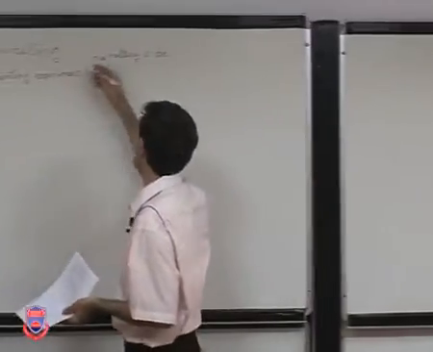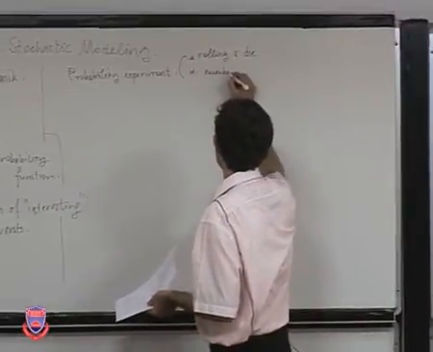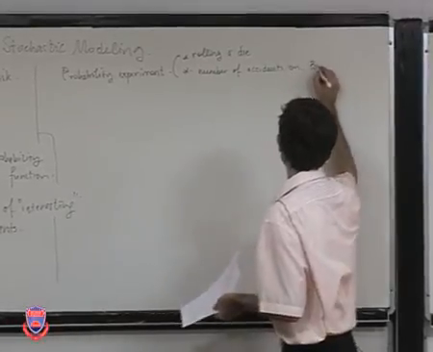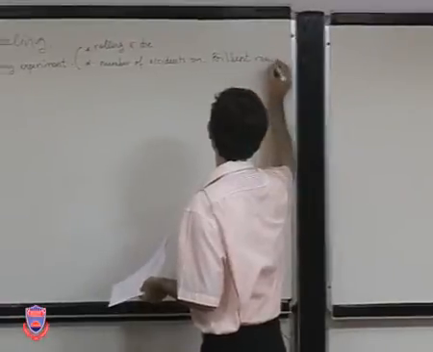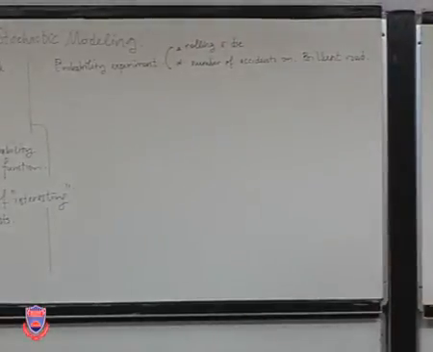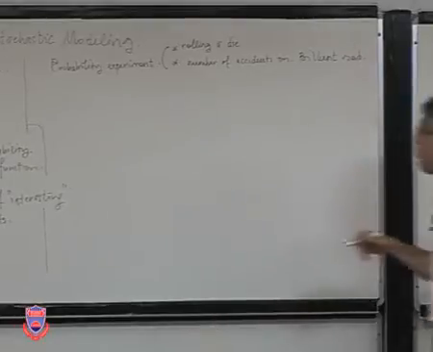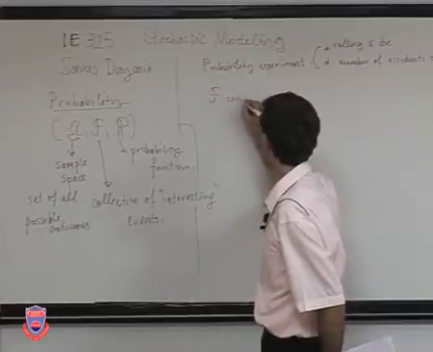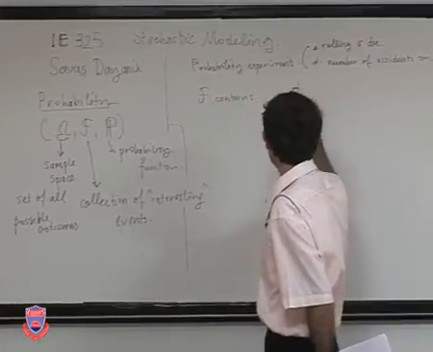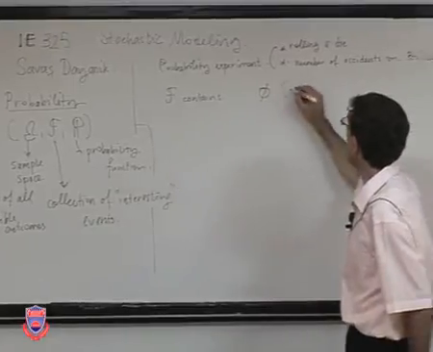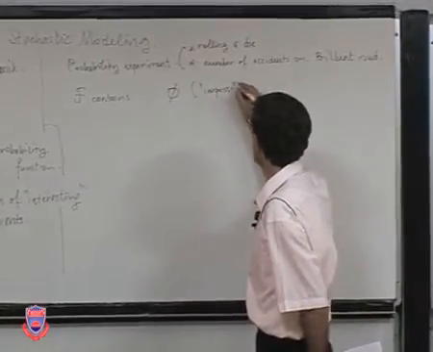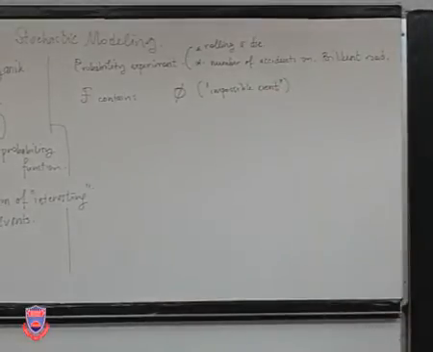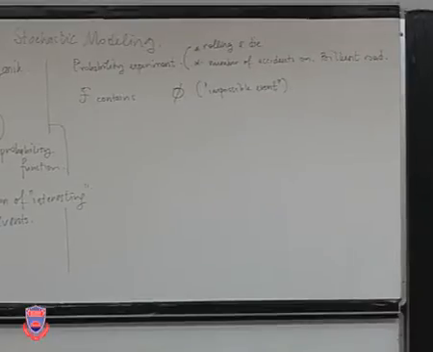Things like that. So an experiment could be, as I said, the number of accidents on Bilkent roads, or the road that connects Bilkent to Ankara, for example. So examples for interesting events: for example, F here contains the empty set, which stands for what? Impossible event. We will usually call it not an empty set, but just the impossible event,